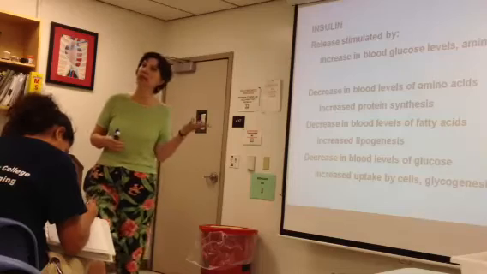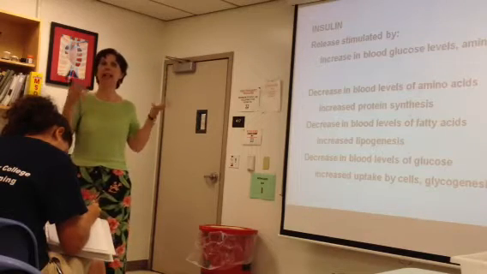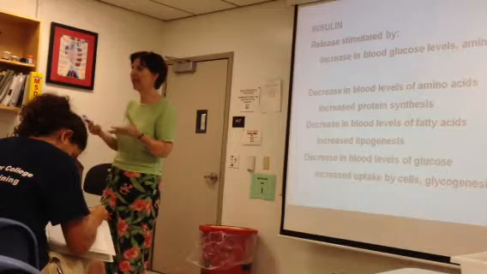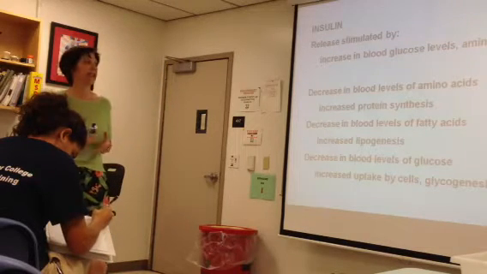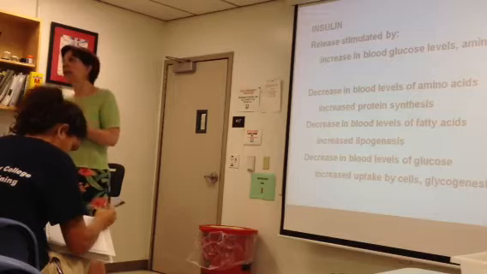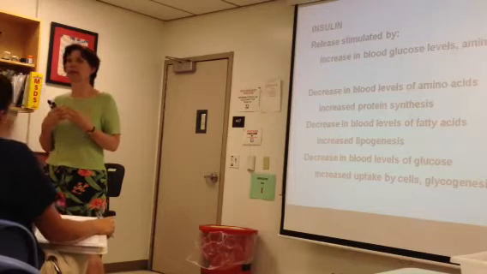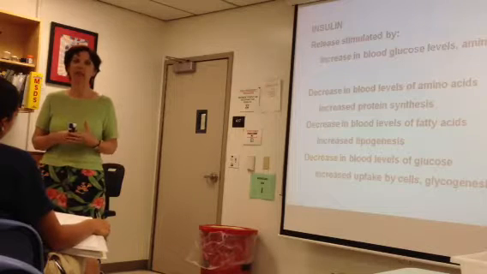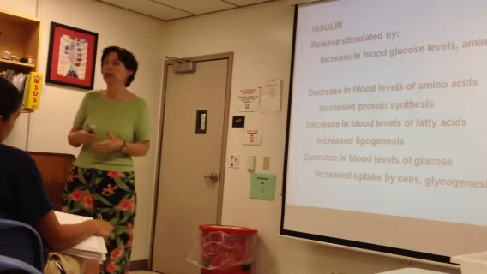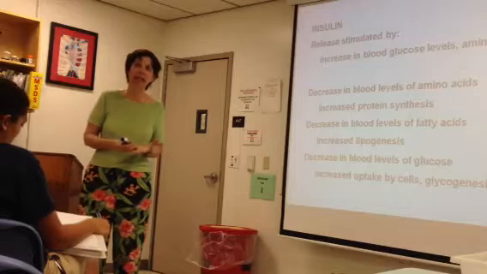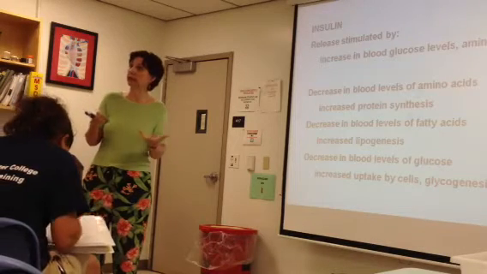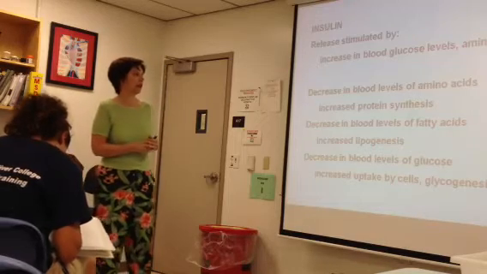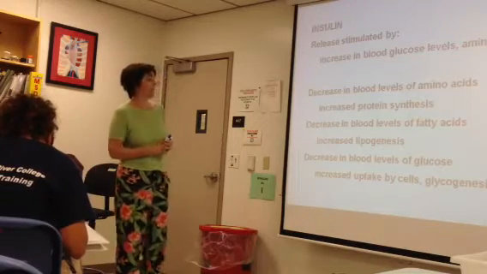and the motility of those organs, and the activity of the pancreas for insulin release. Then in our post-absorptive state, glucagon is going to be released under the influence of the sympathetic nervous system. Okay? So for sympathetic, well, we need more glucose, we need more energy availability. You're going to have higher levels of glucose in the blood, and you're going to see that as a result of stress along with some other hormonal effects.